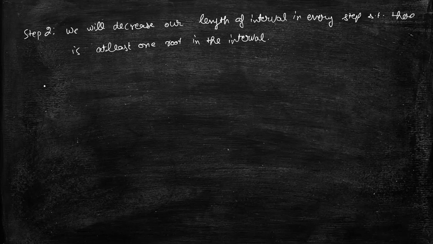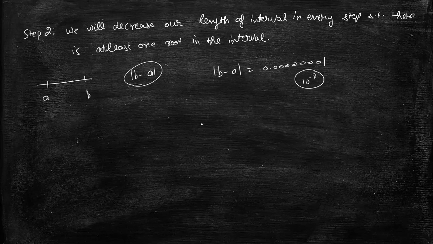Just let us say we have here A and here B. So length of interval is given by B minus A. If our B minus A, let us say, is 0.00000001, that is 10 raised to power minus 8, and, let us say, FB is greater than 0 and FA is less than 0 for such B and A, then we can be 100% sure that a root will lie between A and B, but the error term, like